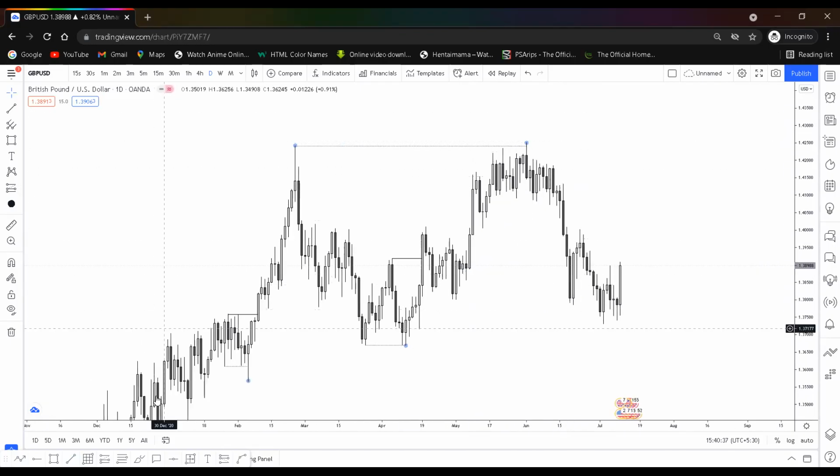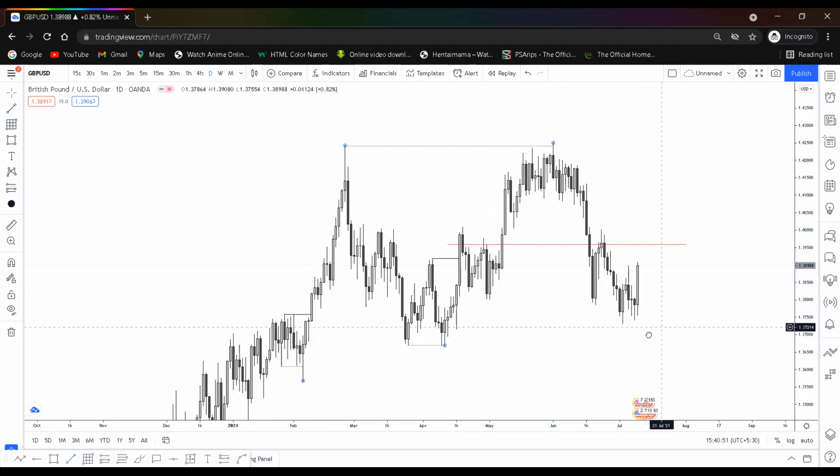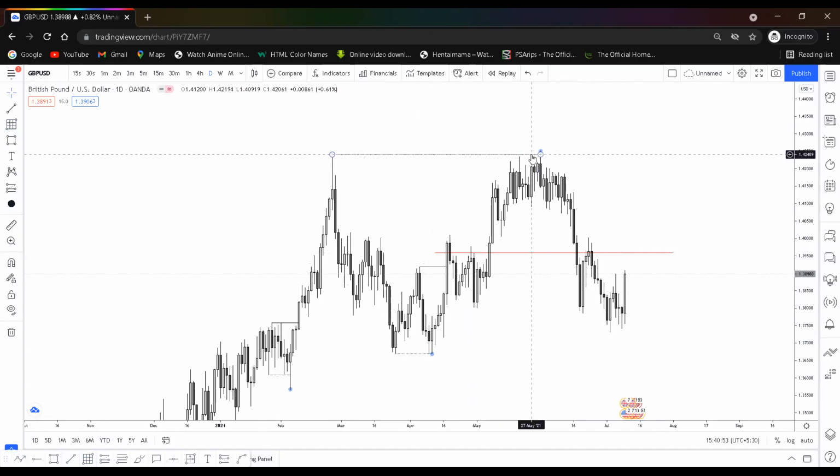So what I would basically do is once a new range has been created, I'll mark the discount and premium prices. So now I have a rough idea that anything below this would be a discount price, and anything above this would be a premium price. So for price to push back higher, it has to come inside the range and get all of the internal range liquidity, and then it has to come into a discount price for sure,